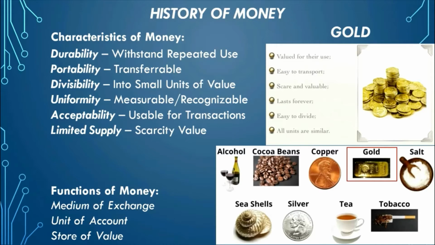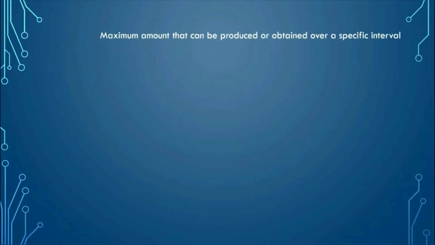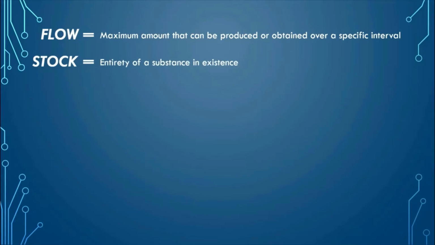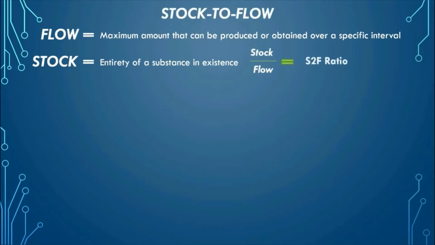And that is because it has unparalleled intrinsic value, rooted in durability because it never corrodes, and more importantly, its scarcity. Because no matter how much effort is put towards the acquisition of gold, there is a limit on the maximum amount that can be obtained. And this is known as the flow. The flow is compared with the stock, which is the entirety of a substance in existence. The ratio of the stock to the flow can be used to model scarcity value. The lower the flow, the greater the ratio, and this indicates how sound or hard a money is considered,